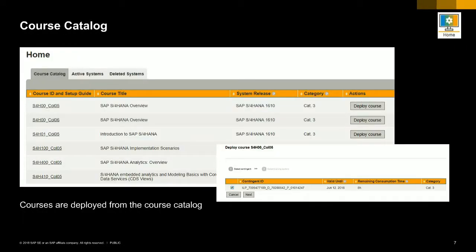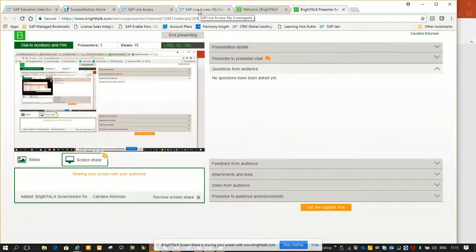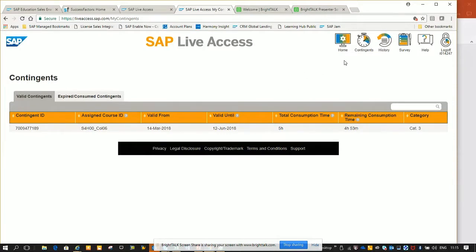We then have the course catalogue itself to choose from. Now, there are 2 different ways that you can choose the course that you want to follow. You can either choose it from the Live Access portal, which is where we are and what I'm going to show you now, or actually you can choose it from the Learning Hub as well, and I'll show you that in a moment. So let's just pop back in and have a look at